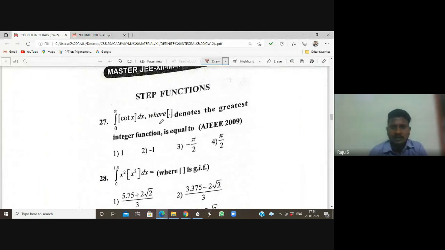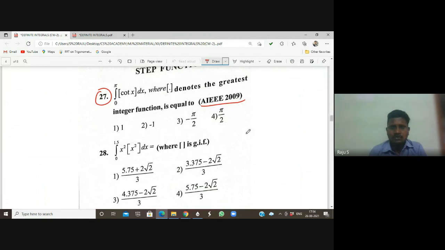Now step functions. Step functions are interesting questions as well as important. Mains 2009. This question belongs to Mains 2009. And also remember, students, cot x minus cot x is always equal to minus 1. There is a property. Why am I telling this property? Because